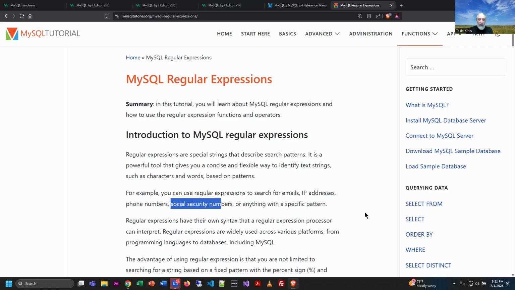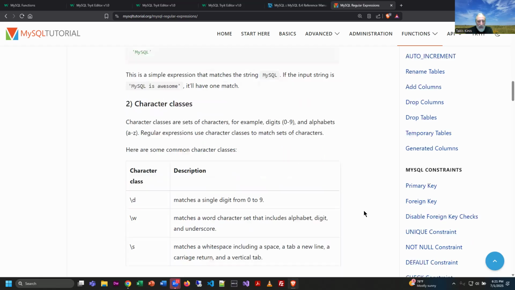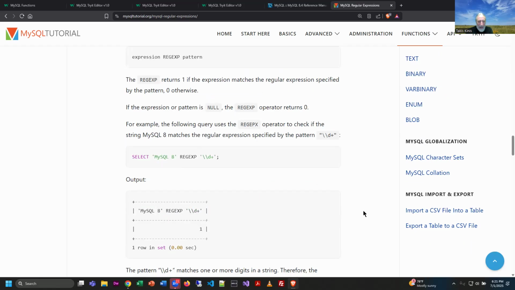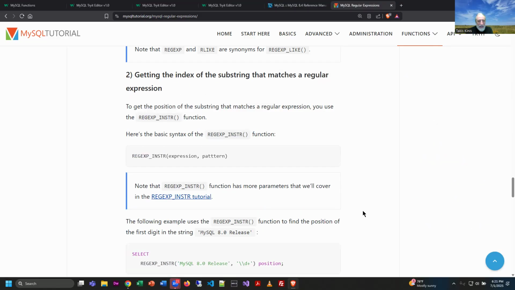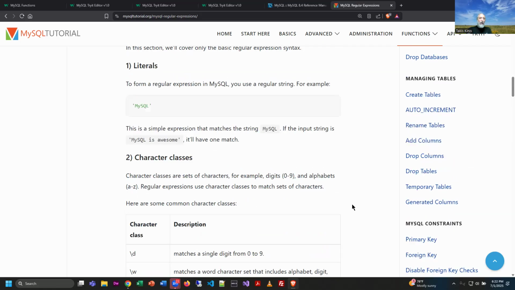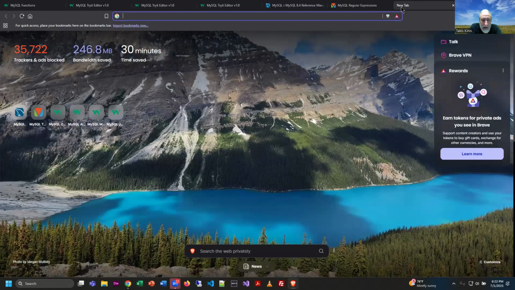Right. And the kind of interesting thing about regular expressions is, and this isn't really the place to learn about them, but I'm looking for an example of a regular expression. Yeah, they really don't. This is not a regular expression library. What they really talk about here is the basic terminology used within SQL to do this. I do not push the learning of regular expressions really deep, but